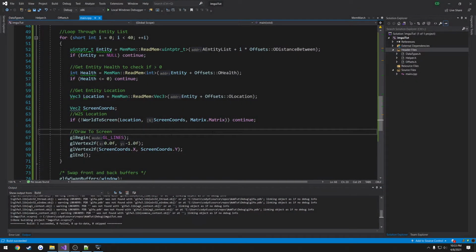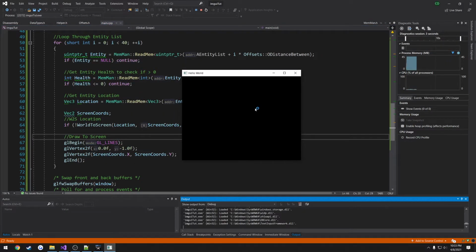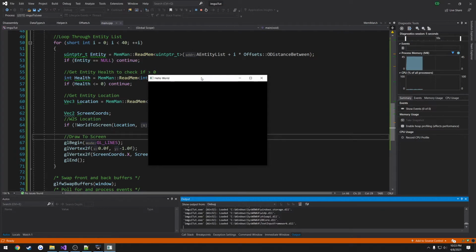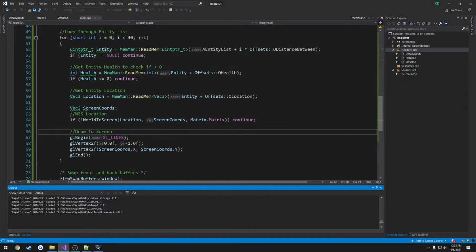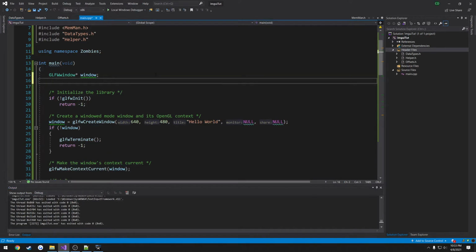So if we press F5, we're pretty much going to be drawing to this, but there's nothing there. And for some odd reason, it is hiding my window, so I'm going to go ahead and make it show it. It was, what was it? Show window, get console window,